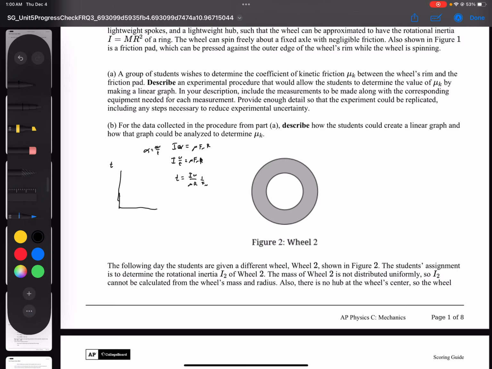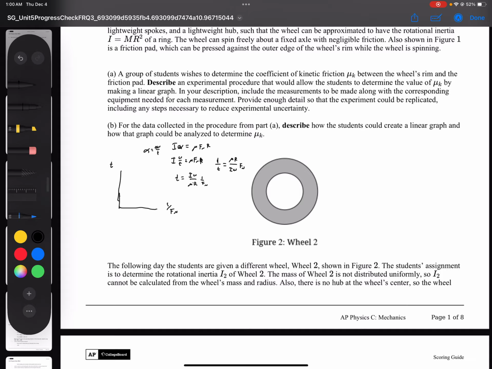If I measure t, or let's say if I measure 1 over t, would that make more sense? Right, so if I have 1 over t, I would have mu times Fn times R divided by I omega. Okay, so mu R over I omega, okay, times normal force. So yeah, you can either plot t versus 1 over normal force, and the slope is